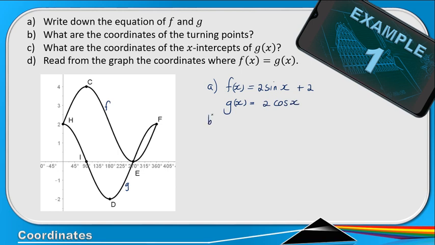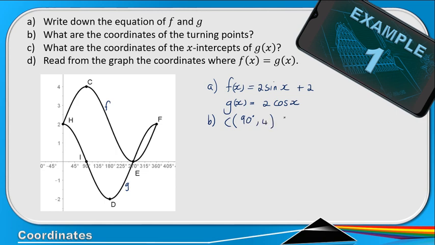Right. Then for b, what are the coordinates of the turning points? Now, coordinates are quite easy to find because it's simply just going to be our x values and y values at those specific points. And we've been doing this since grade 9. Now, the coordinates of the turning points, my turning points are C, E, and D. So for C, the x value is 90, and the y value is 4, so that's 90 degrees